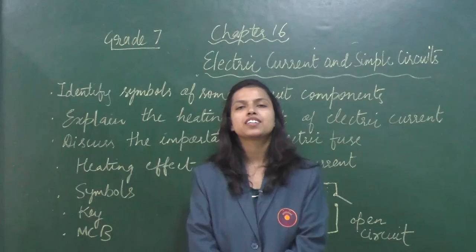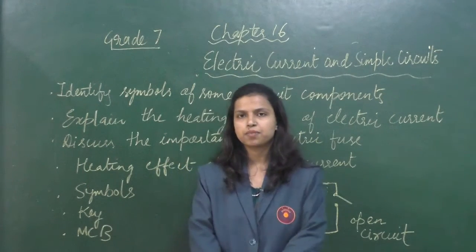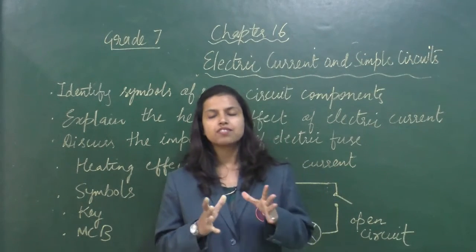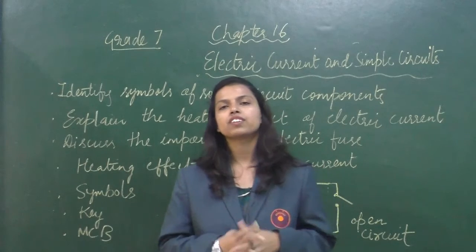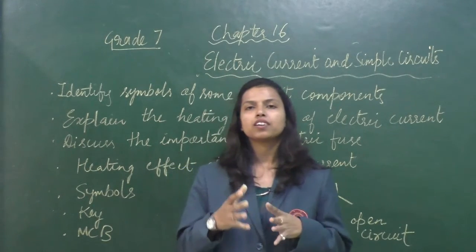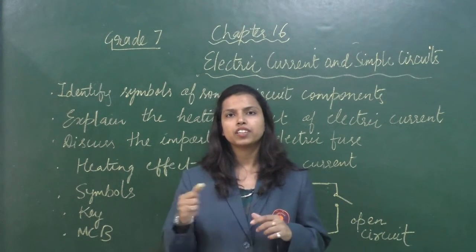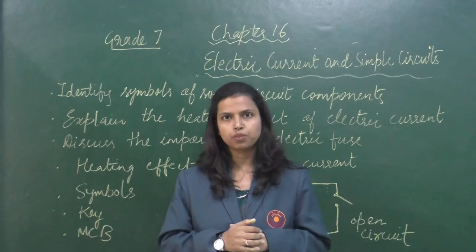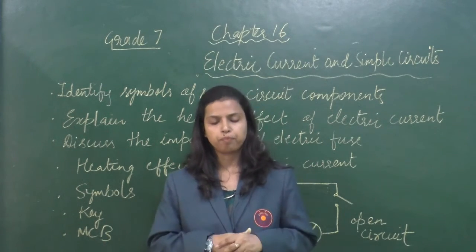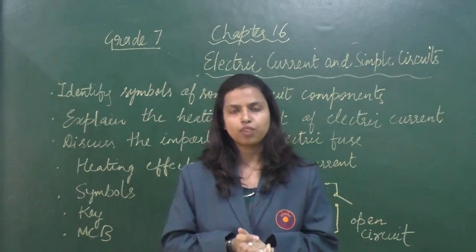So we have finished chapter 16, electric current and simple circuits. So today we are going to summarize the chapter. You must have seen electric bulbs glowing with light, right? How does this glow? When you are getting ready, you need to iron your clothes. So what do you do? You take the iron machine and plug it into the switchboard. So how does this iron machine get heated up? For that we need to know how this electric current flows.